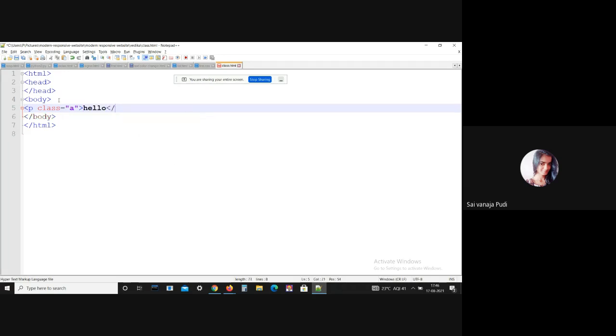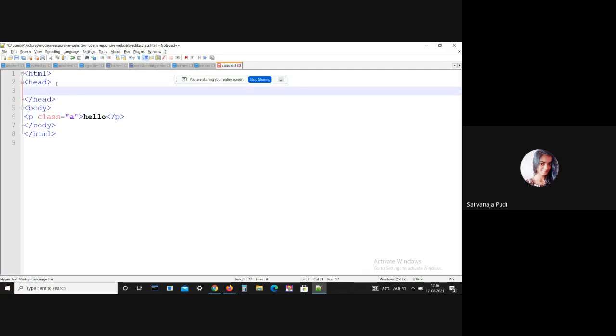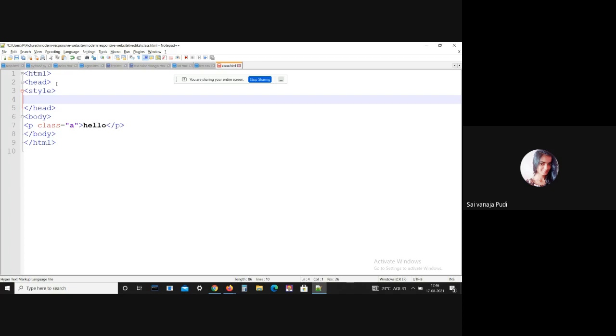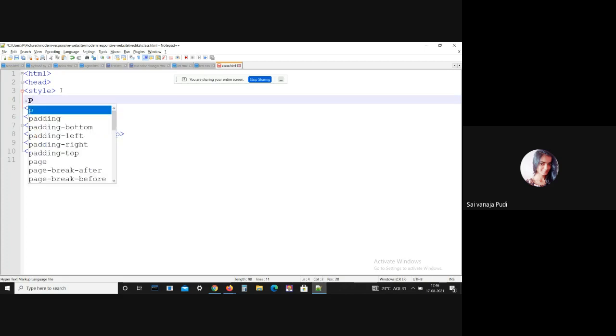After that, you should close your P. Here you should open the style tag. Generally we can call this an inline style type. Now I have already explained that you should open it with the dot, P, dot A.